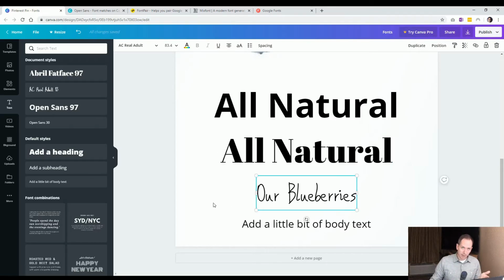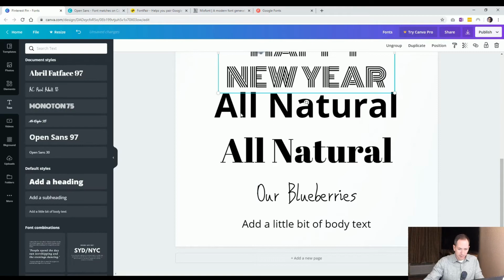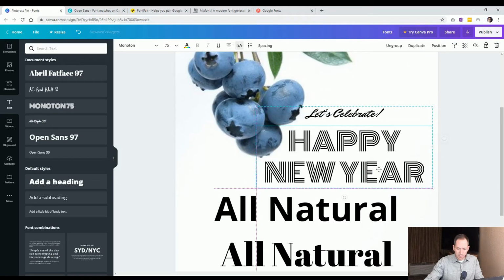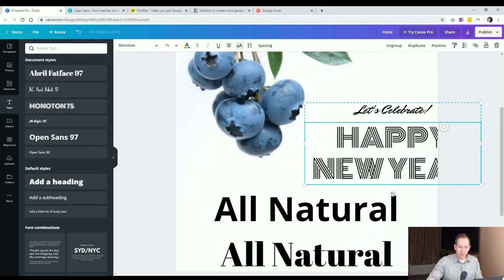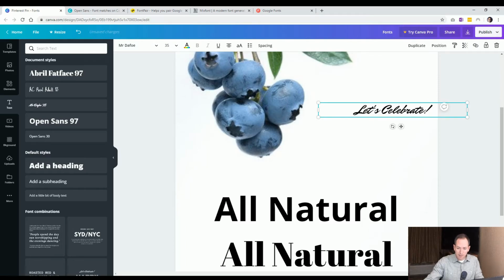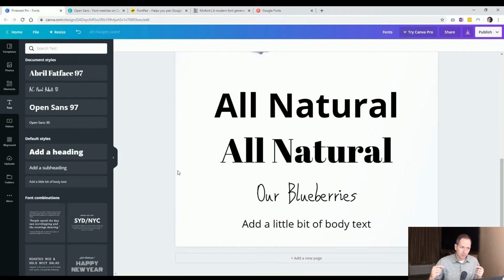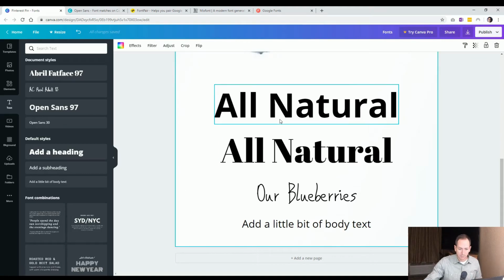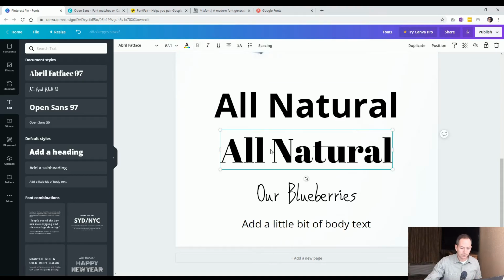And display or handwriting is more creative fonts. So it'll be kind of funky, wild fonts. Like you can see here with this New Year font, that would be a display font. And then clearly something like this, this Let's Celebrate, that's a handwritten font. But you'll find that often people use those interchangeably, so it's good to know, but generally you'll be fine knowing display or handwritten. So sans serif,